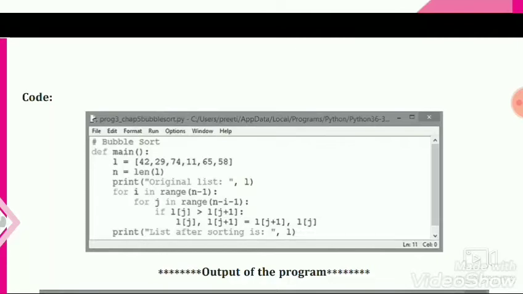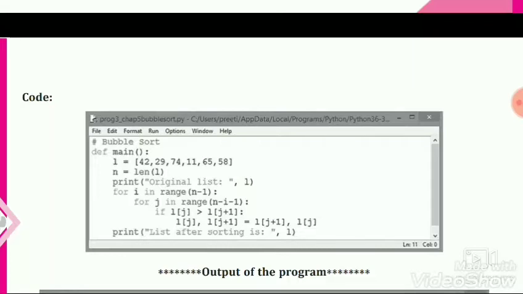So the loop will run according to n-i-1, and if it finds that the jth element is greater than the j+1 element of the list, then it swaps both values directly, because in Python it is possible to swap values in a single statement.